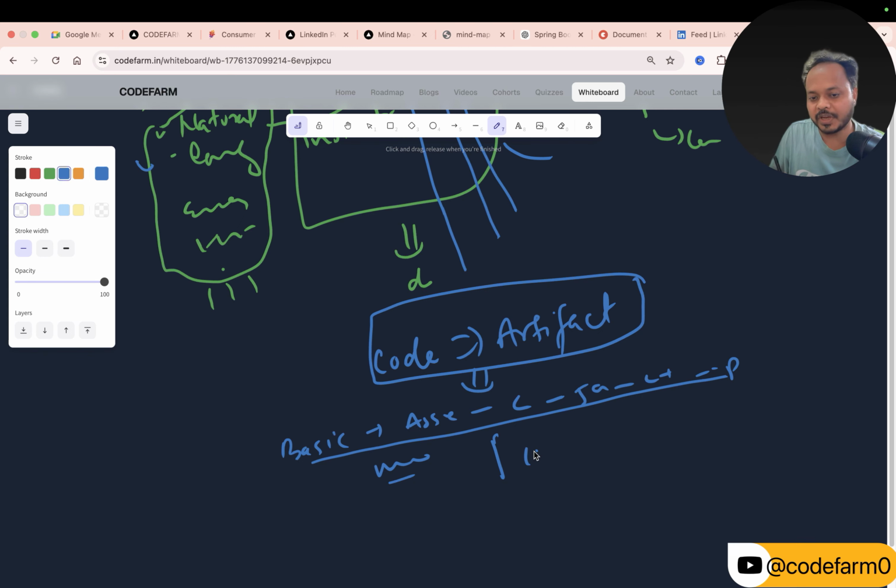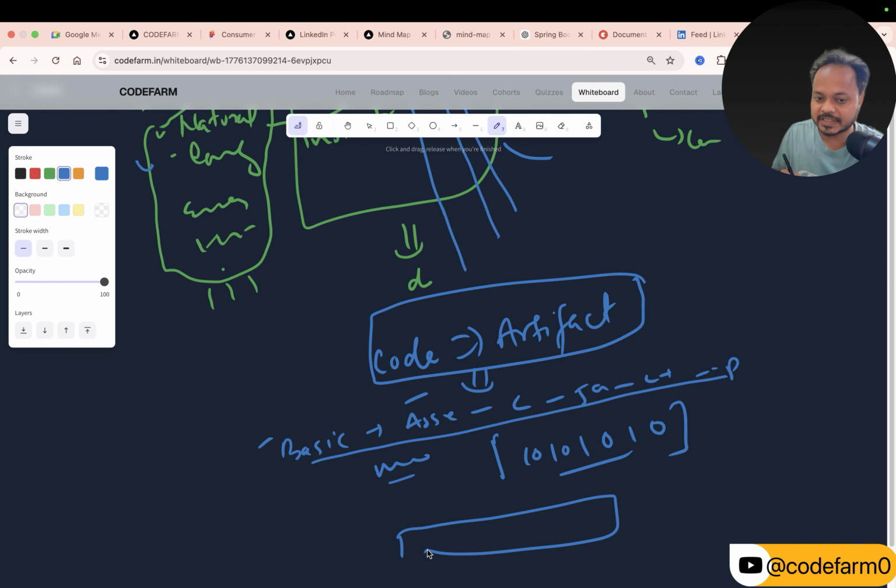If I talk about speed, that is what matters. If the program is written in basic and assembly, those are the fastest programs to run by the computers themselves. So what if I can instruct my model in natural language to write an entire service, entire software in basic and assembly, so that it will be very close to the 1010 binary executable, right?